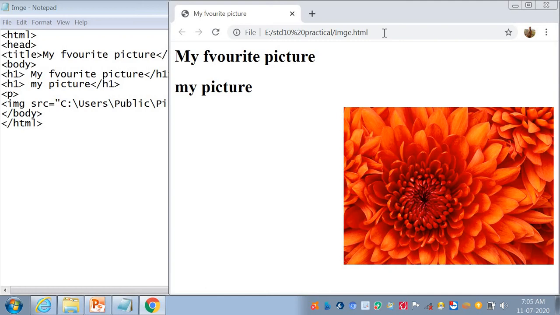Now I just explain, if I want a border on my image, I use the border attribute. The border attribute is used to apply a border to your picture.